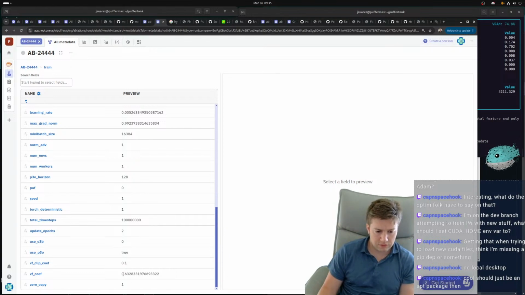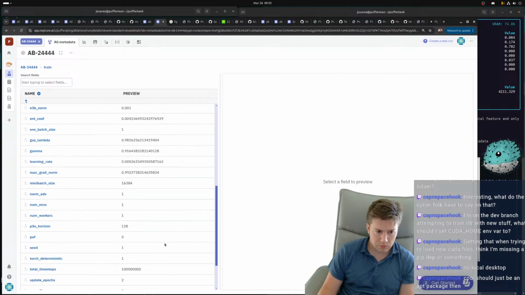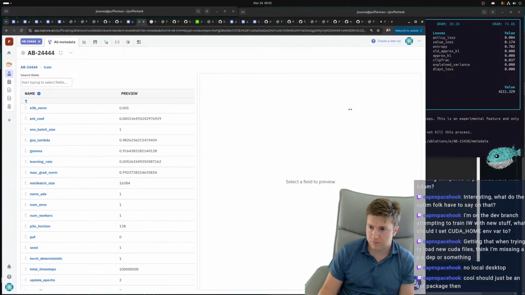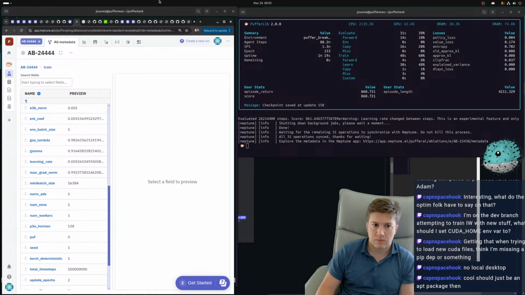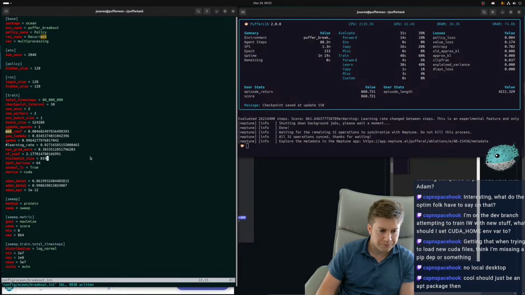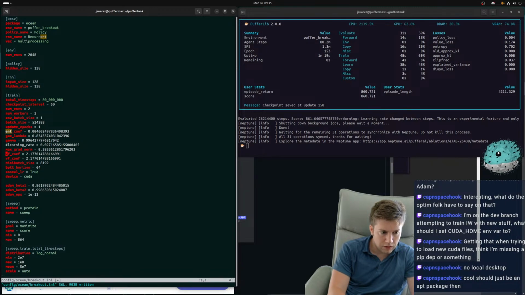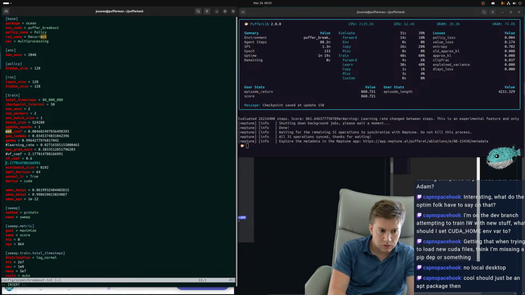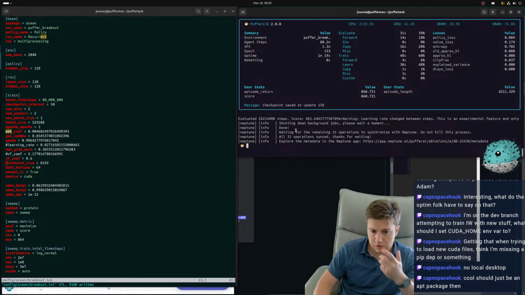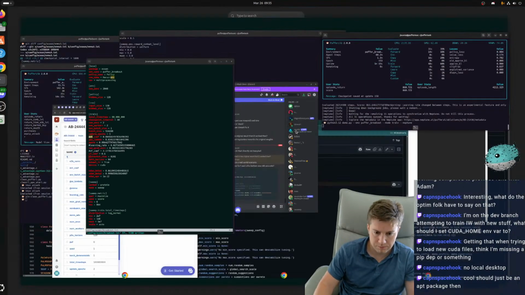Okay, so you see there is a reasonable value function coefficient on this, 0.6. So I think what we'll do is try that next. It could just be something with the magnitude there.